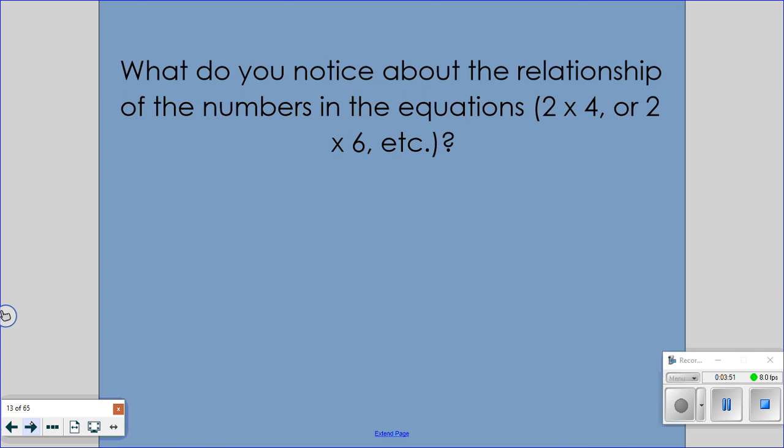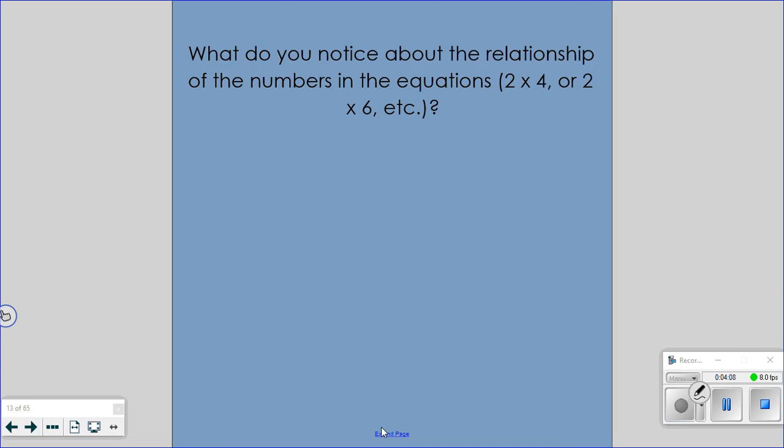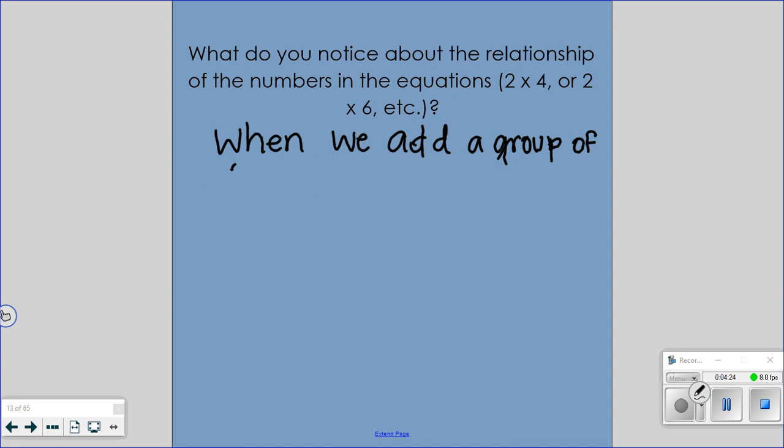That's okay. All right, we're going to be in our notebook for just a second before we go back to our counters. So push your counters to the side. We're going to write some things in our notebook. I'm going to write down what Lydia noticed because I thought it was genius. Remember, if I am writing, you are writing. When we add a group of 2,